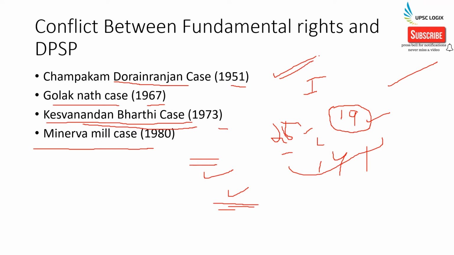What happened in the Minerva Mill case was that in 1976, the 42nd Amendment Act extended the scope of the first provision of Article 31C by including within its protection any law to implement any of the directive principles and not merely those specified in Article 39B and C. So what the government did was, via the 42nd Amendment Act, it extended the whole scenario of the first part of Article 31C, and